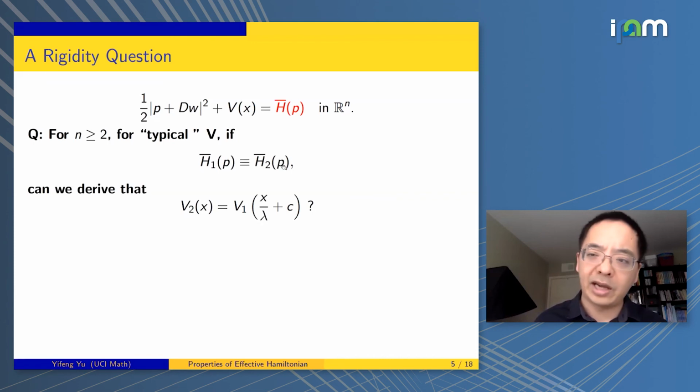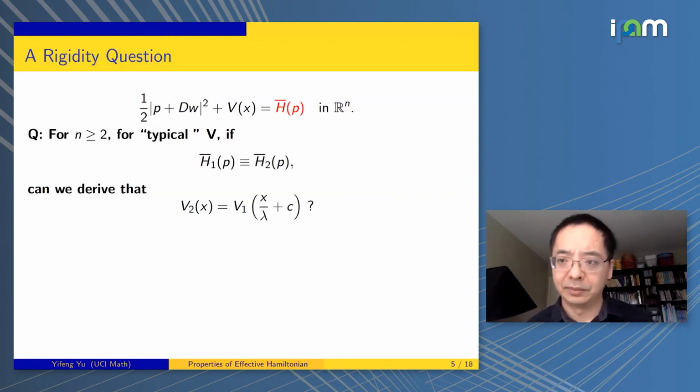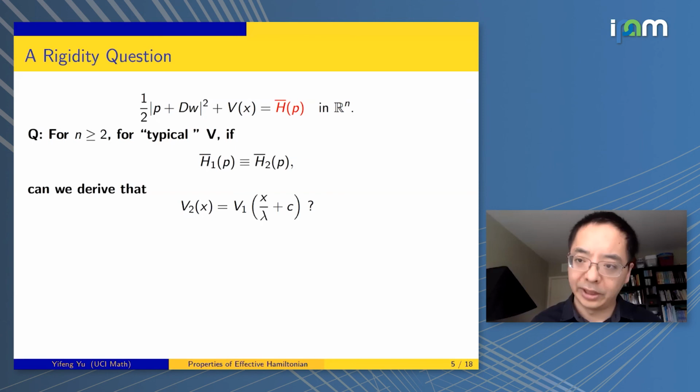Can you conclude that one actually has to be the translation and scaling of the other, right? So that's the rigidity question. All right, so we first look at the